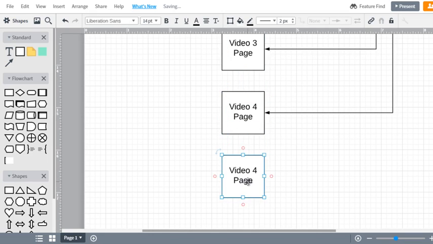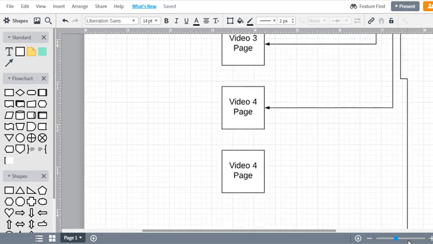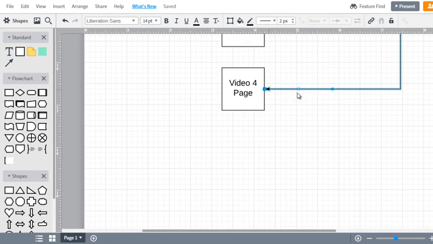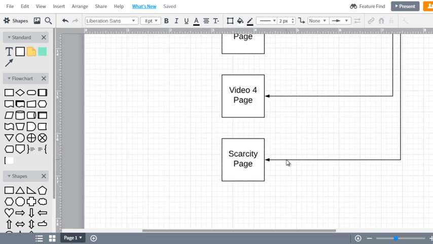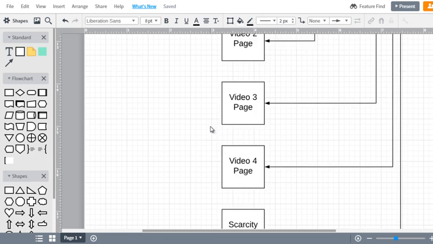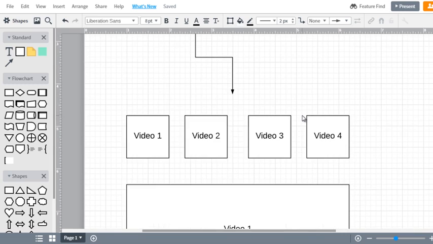So you could set this up so that after they get the offer, you decide how long they have to act before the offer disappears. And you can set up a scarcity page that says something like, sign up here before it ends, kind of thing like that. So that's getting a little bit complex, but if we go back to the basics,